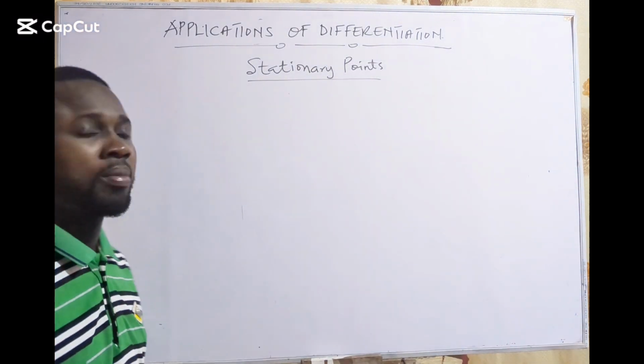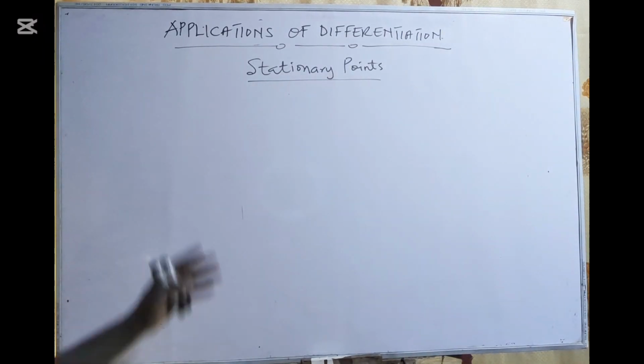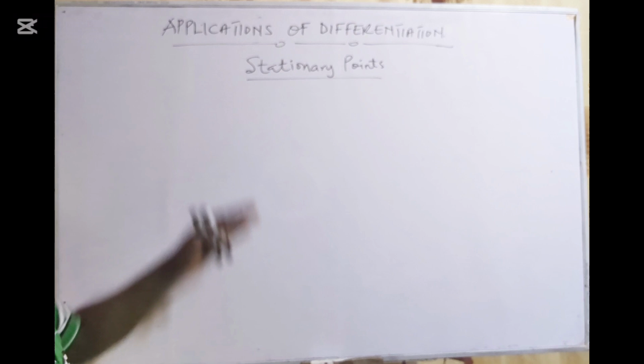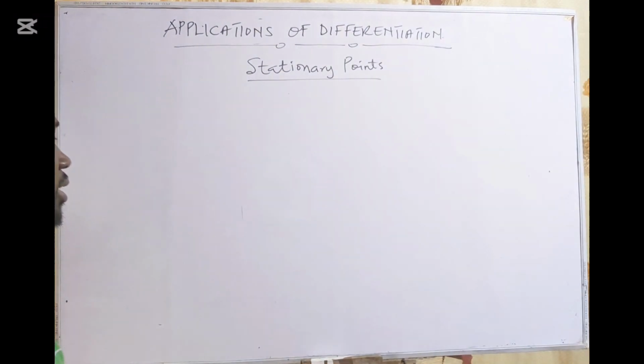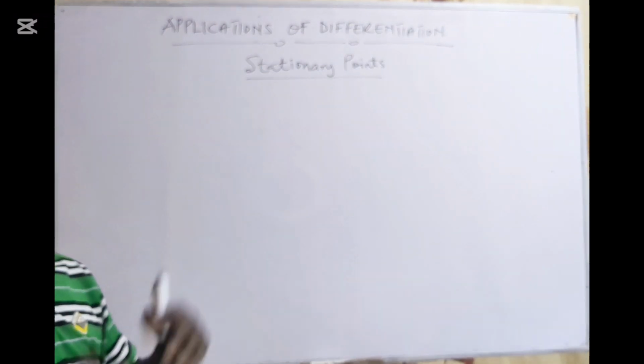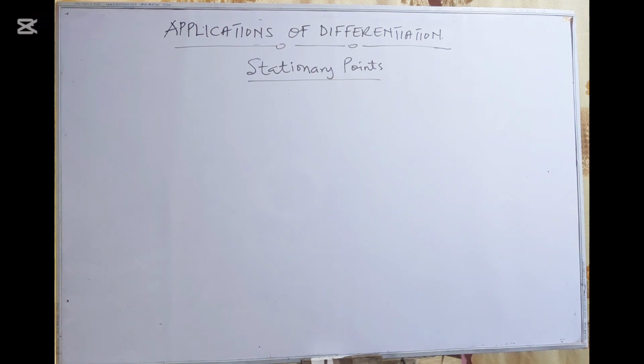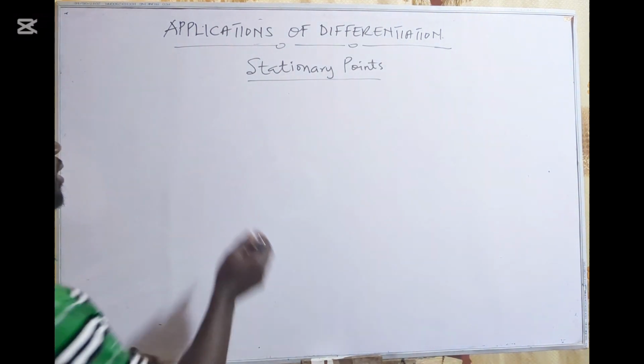Hello, welcome to our lesson on applications of differentiation, and today we are going to look at stationary points. So when we talk about stationary points, what are stationary points? They are points on a curve. So let's say when you have a curve,